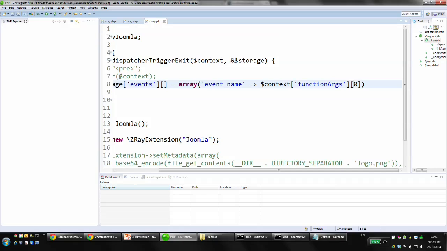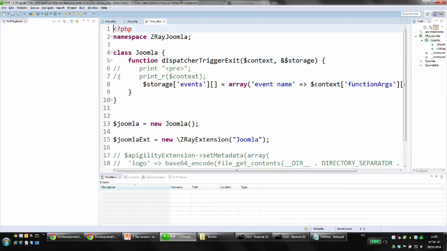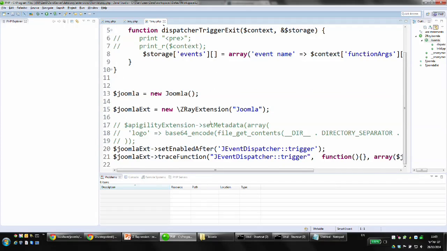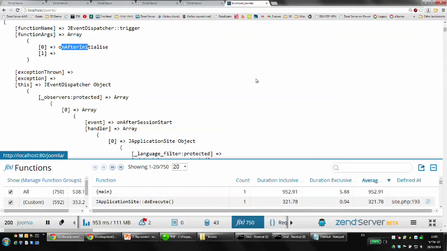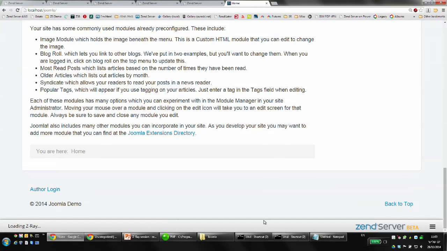So just to recap what we're seeing here, this corresponds to the first argument that was passed to JEvent dispatcher trigger, which we've seen earlier is the event name. And if everything goes well, and all the disclaimers, like Maurice said earlier, if we reload, we should have now a brand new